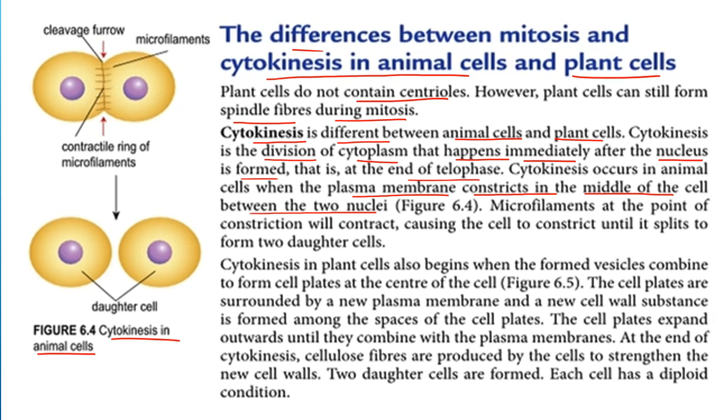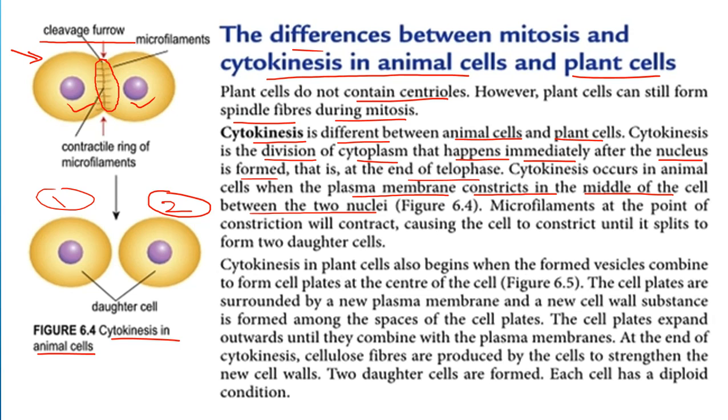So di sini kalau kita nampak di sini, ini cleavage furrow. Okay, the plasma membrane dia constrict. Okay, constrict in the middle of the two nucleus. Okay. Microfilament at the point of constriction will contract, causing the cell to constrict until they split into two daughter cell, 1 and 2. Okay, so remember, kalau cytokinesis dalam animal cell, apa yang terjadi adalah the